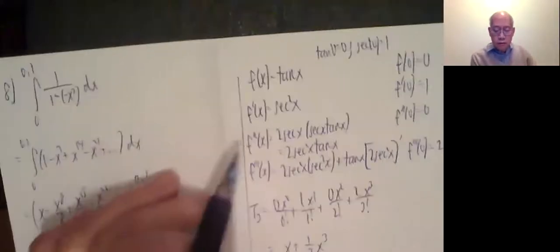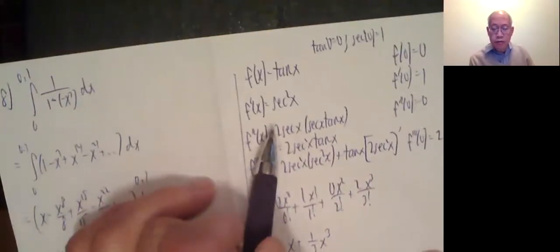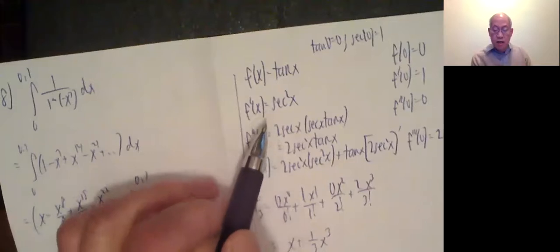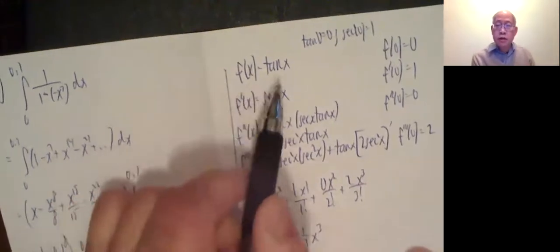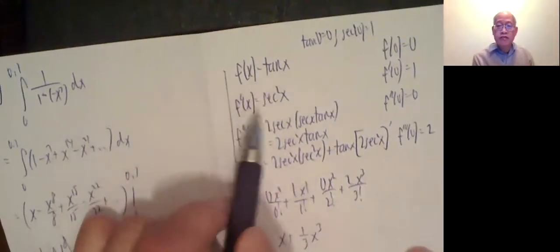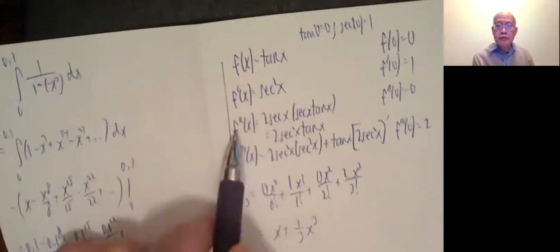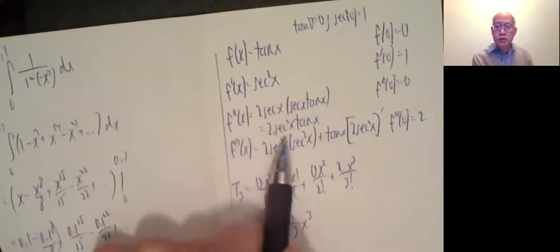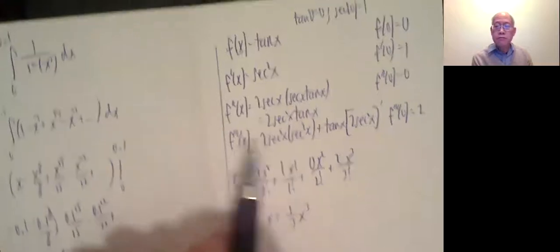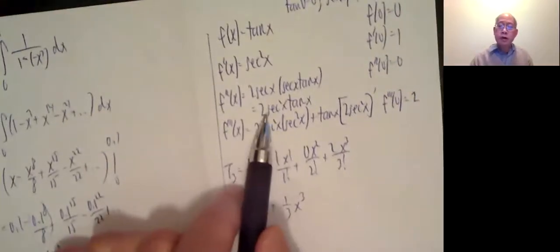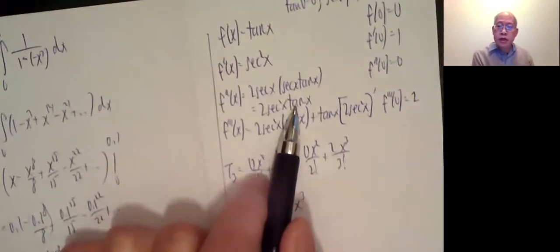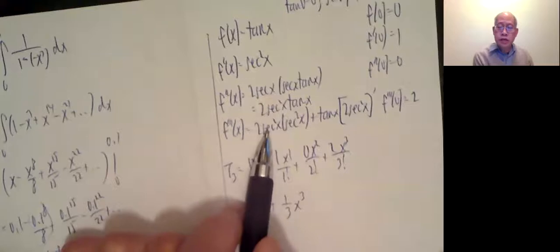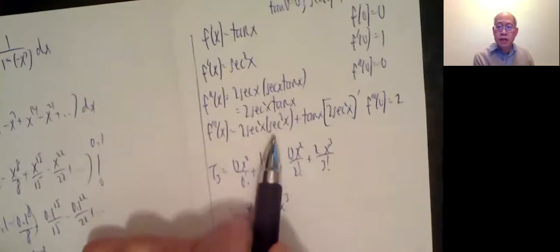Number 10. Find a Taylor polynomial which approximates tangent of x to degree 3. So I need 3 derivatives. f prime is secant squared. f double prime is 2 secant x times secant x tangent x, which is 2 secant squared x tangent x. For the third derivative, I have to use the product rule. That's the first function, second function, so 2 secant squared x times the derivative of tangent x, which is secant squared x,